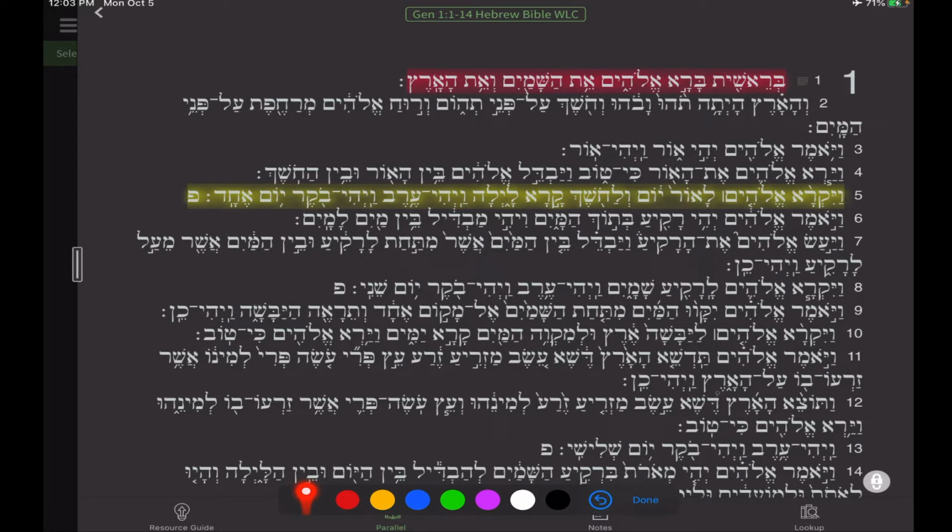I'm looking really quick to see if I see any. Yeah, so here's way down here. You can see a bet here, and the bet doesn't have the little dot in it as it does up here. And so that is telling the reader to pronounce that bet with a v sound. Okay, uvain. But maybe in David's time it would have been wabain. So, at any rate,